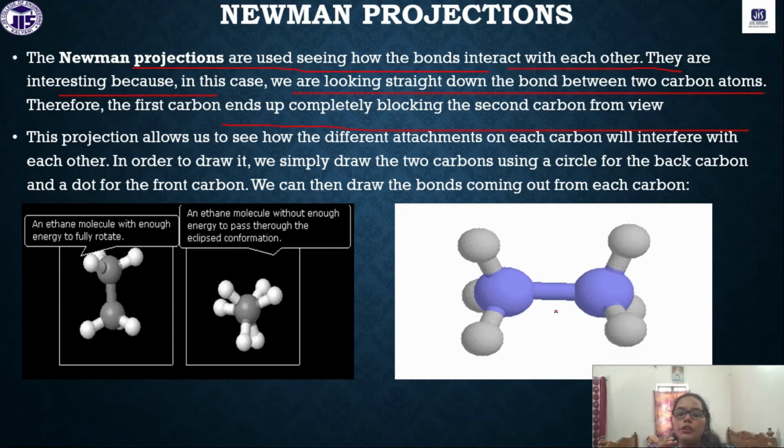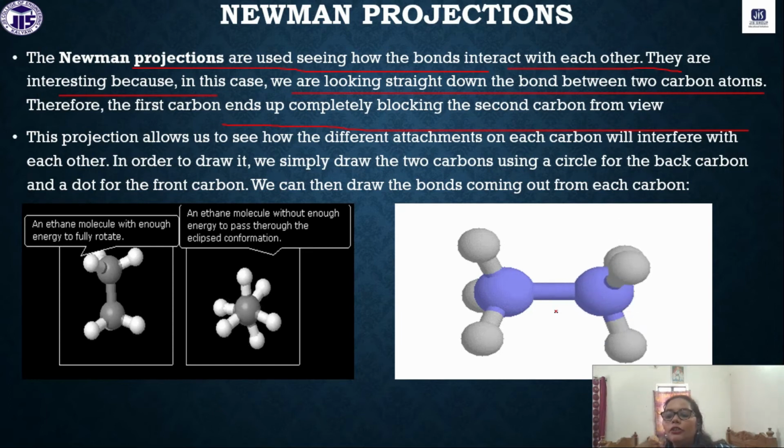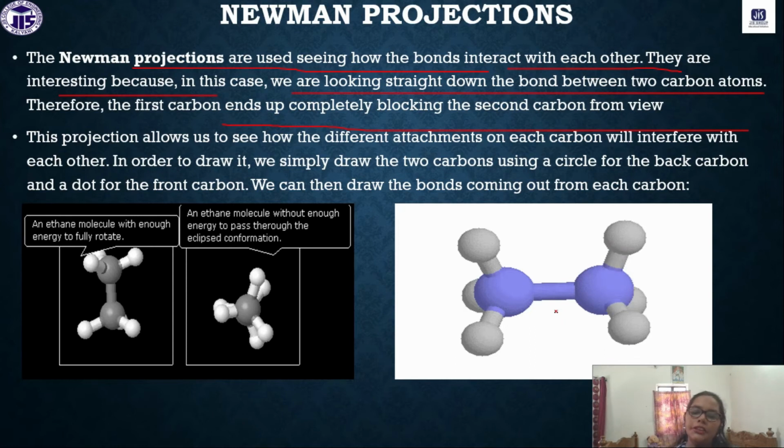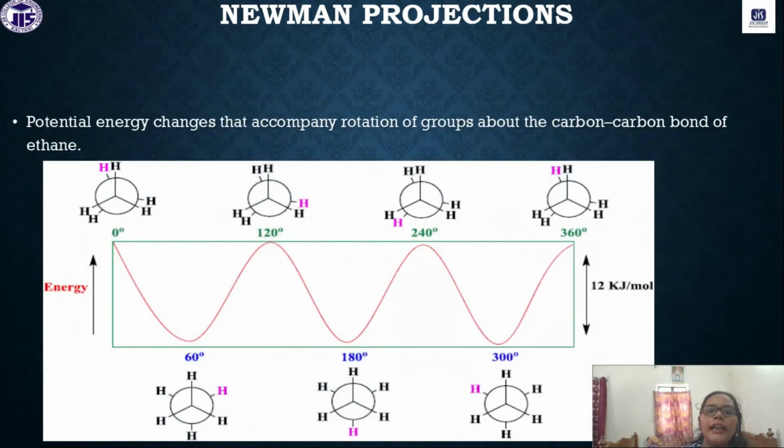From any type of molecule, whatever molecule is given, we can make the Newman projection. These are the energy levels that we have for each configuration. We have the highest energy for the eclipsed configuration, where the groups are crowded. And at the lowest point, every time, the groups are at opposite positions. So these are the lowest energy levels.